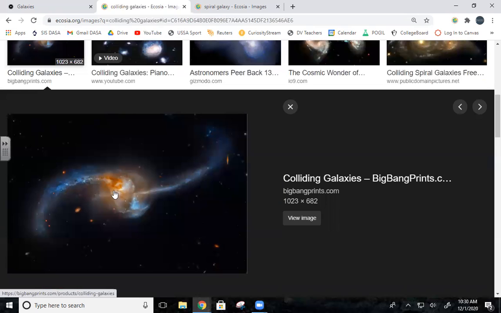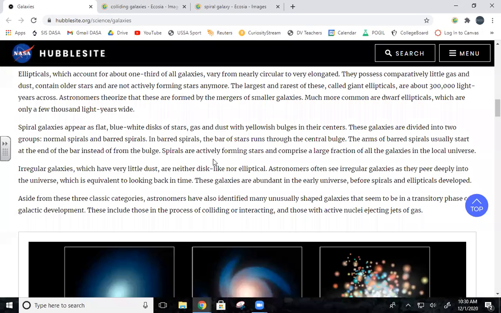Yeah. Two galaxies colliding into each other, and these stars are just getting thrown out. So each point of light in that image is a star. Well, each point of light here. These red ones are distant galaxies, but these stars are getting thrown out of their galaxies because of the gravitational interaction between the two. So this creates an irregular galaxy. Okay?